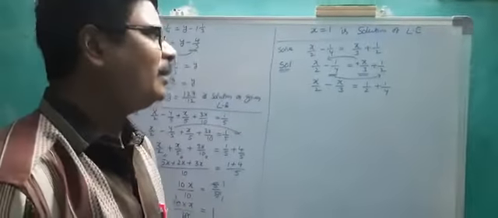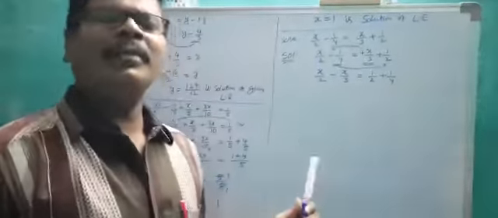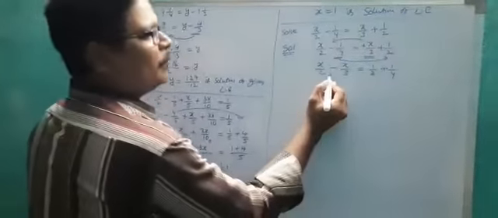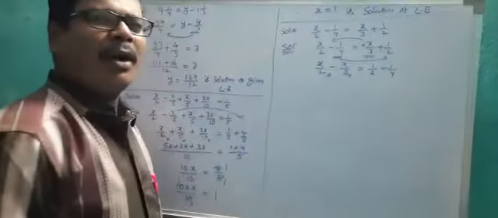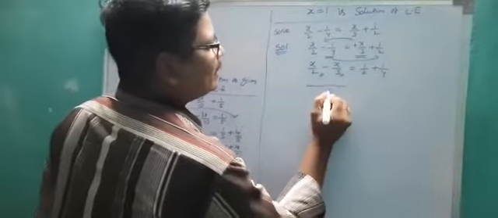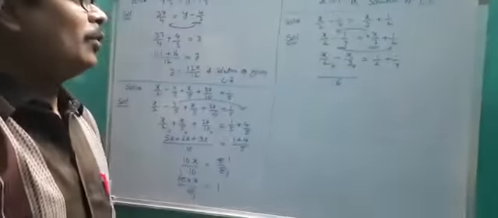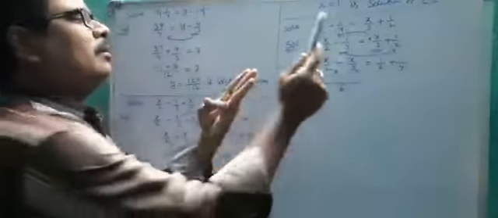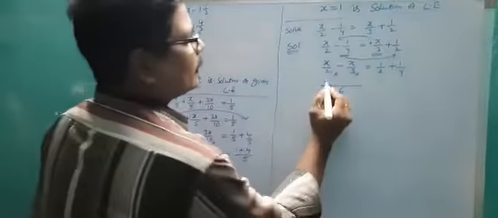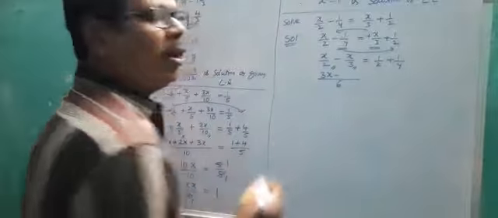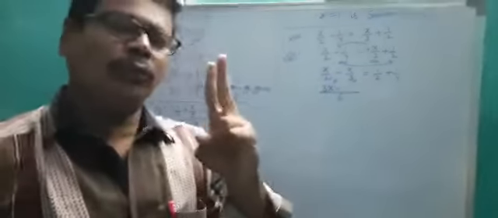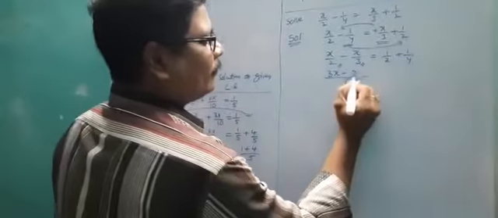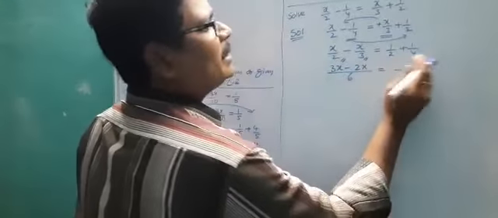How to solve it? They are in rational form. Now you convert them into simple form. How to convert? Very simple. The LCM of 2 and 3 is 6. 2 3s are 6. 2 how much is 6? That is 3. So 3 into x equals 3x. 3 how much is 6? That equals 2. So 2 into x, 2x, is equal to. Take the LCM of the denominators.